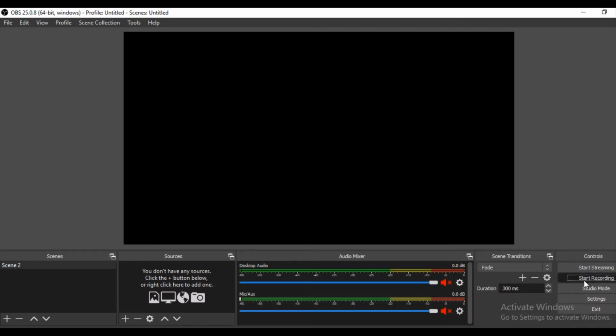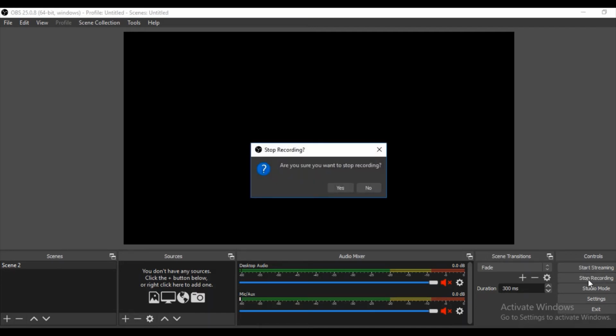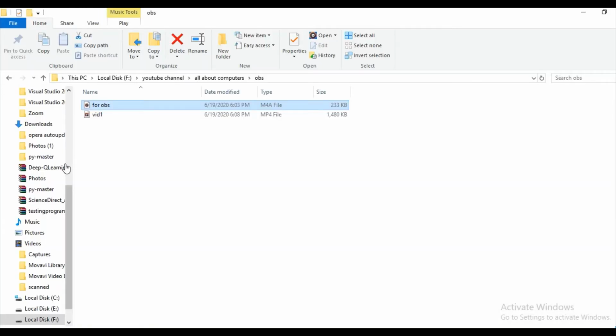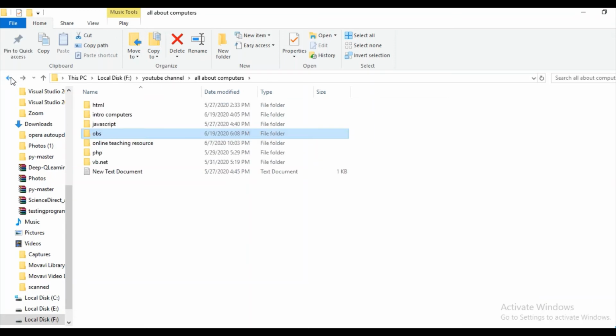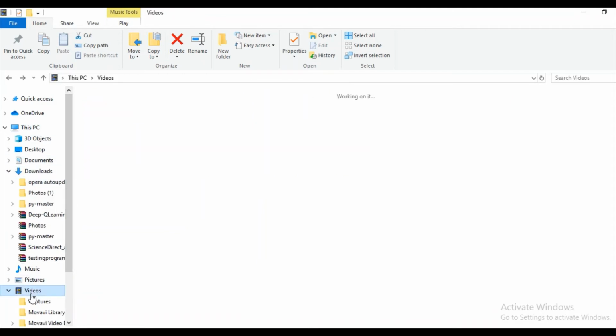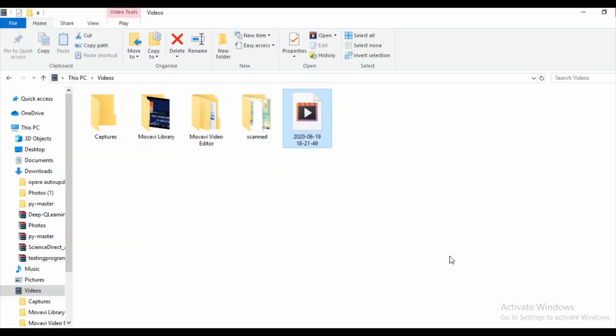And now we are going to start recording, and we'll see whether the sound is recorded or not. Yes, I'm going to just record this blank screen. I'm continuously speaking and talking, so let's see if the voice is recorded or not. Yes, I'm going to stop here, and I'm going to open my videos, let's see where it is saved by default. Right here inside the videos, this is the video, and let's see the video is running. There is no volume, no sound, no voice, although I was talking, right?